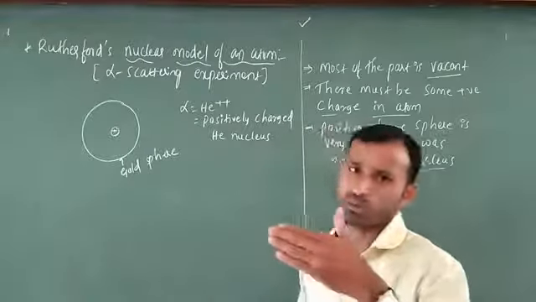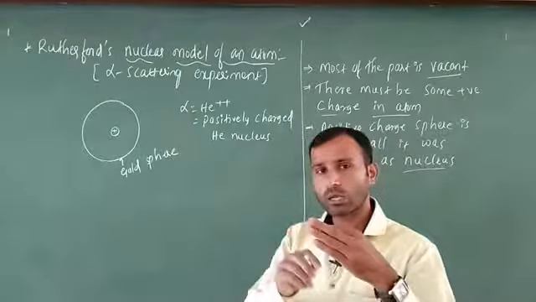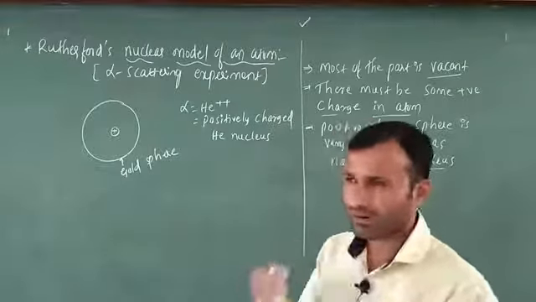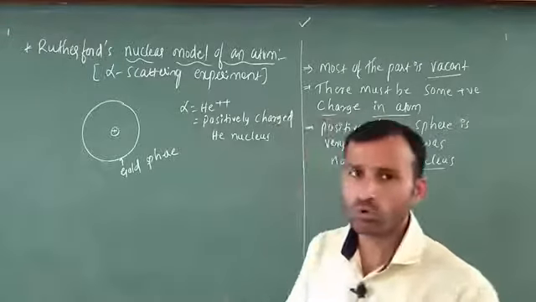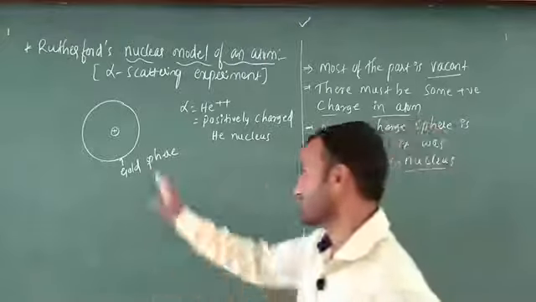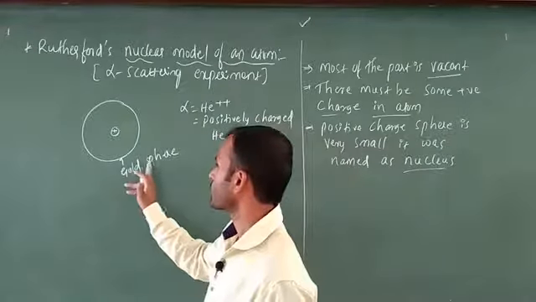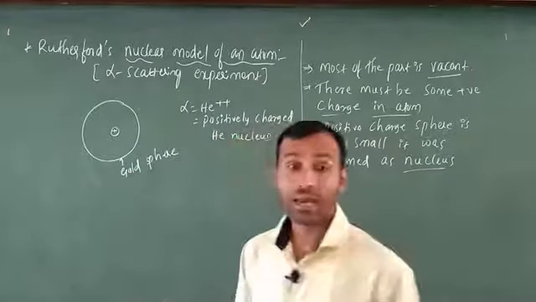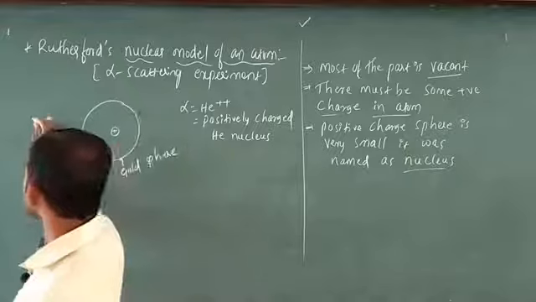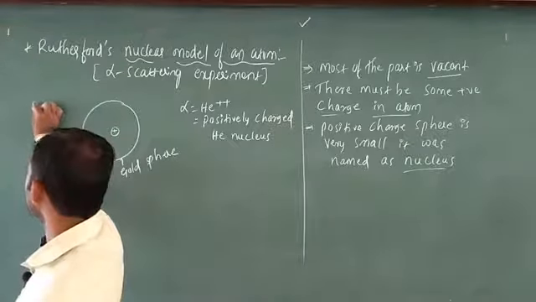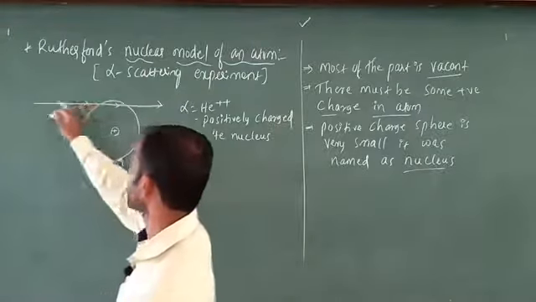In that case, some of the rays pass through the gold foil. Only one comes back out of 20,000. That is one point, but don't worry about that one, it is slightly complicated, but this diagram is easy to understand. That's why I chose this one. Here this is the gold foil. After that he passes the alpha particles, considered as from a radium gun. He passes the alpha particles from here like this. In this case, the alpha particle passes in a straight line.